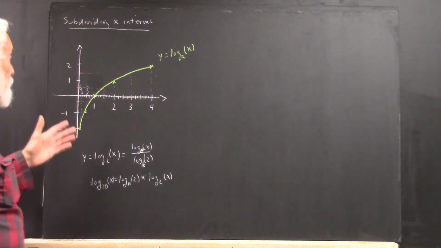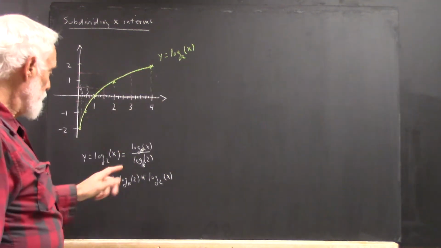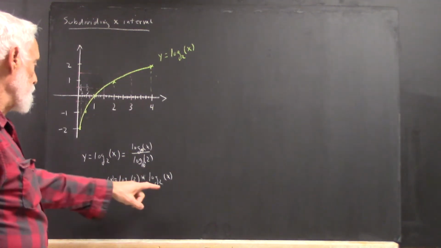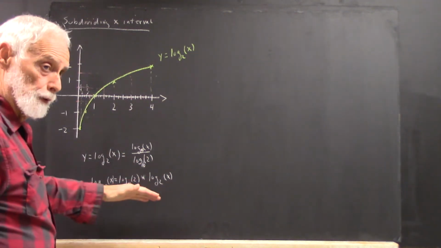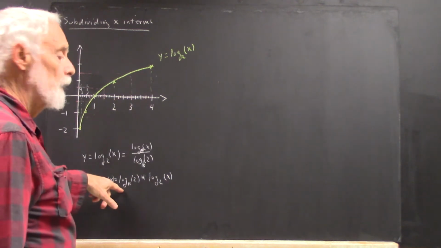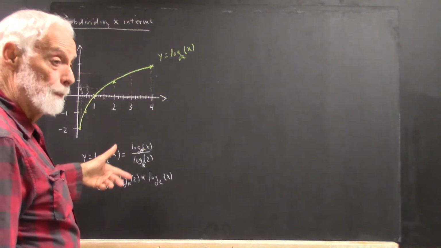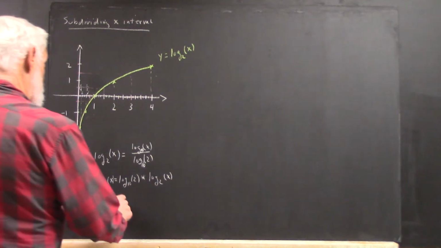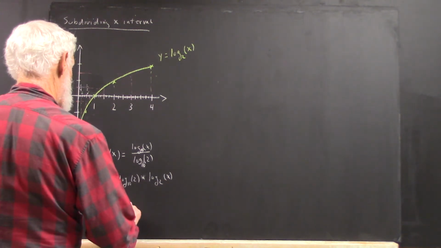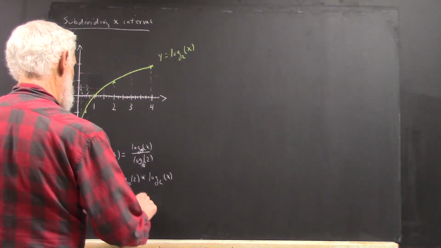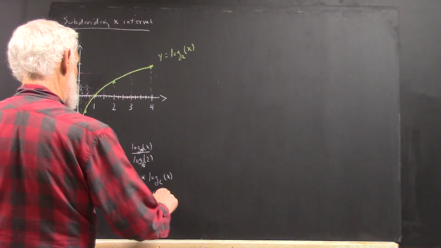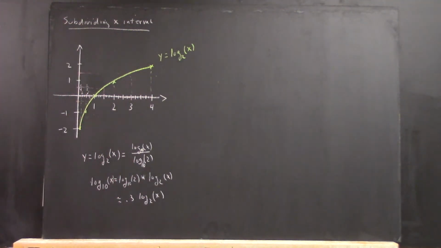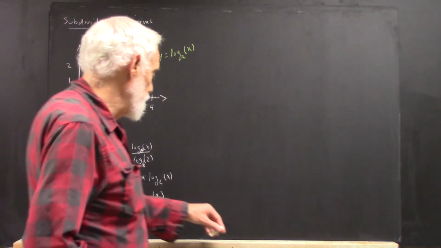So that if we want a graph of the base 10 log, we just multiply the base 2 log values by 0.3, by the log base 10 of 2, which is about 0.3. So this is approximately 0.3 times the log base 2 of x. So now if we want a log base 10 of x,